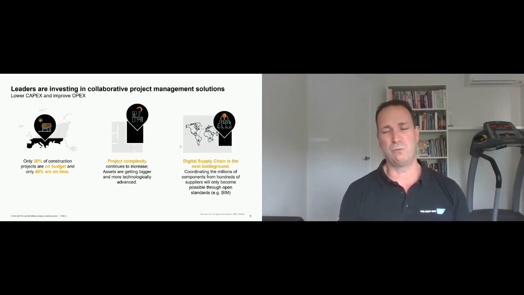And so this collaborative project management is really key to being able to manage and tame some of that complexity. And the digital supply chain, that coordination, all of the things that go into successfully delivering a project, really is becoming the battleground for how we're going to be successful and improve productivity in this space. So, when we see tens or hundreds of suppliers coming together to deliver a particular project, we need to have open solutions. We need to have open standards, and we need to have collaborative practices in order to be able